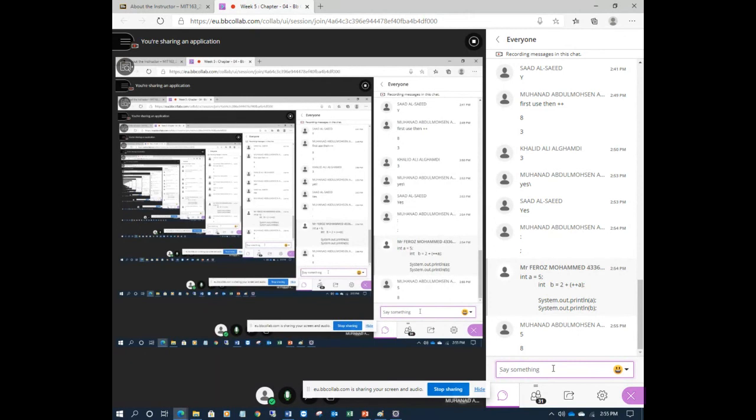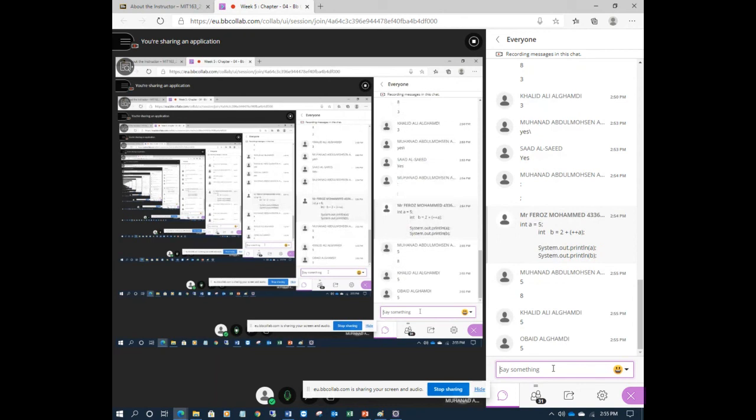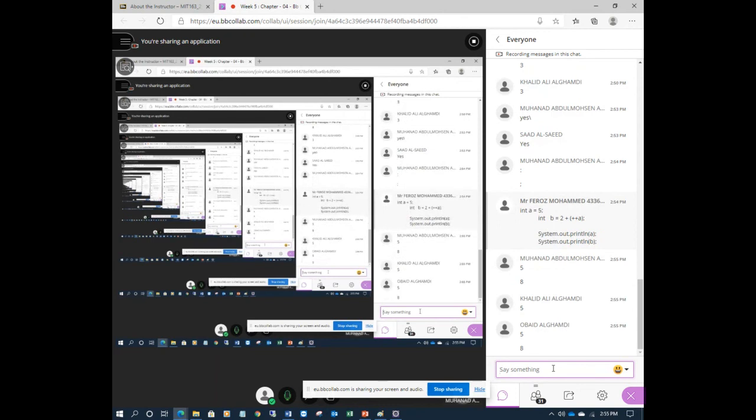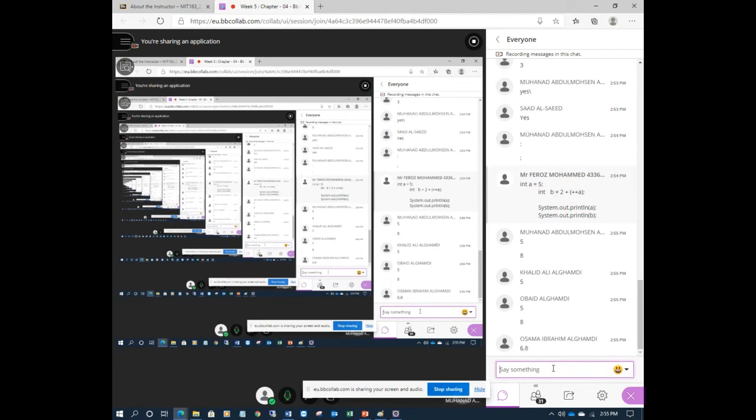This is an example for your lab work and quiz. I'll just print what is the output of this program. You have to be very careful. You have two outputs, so you have two answers. One is printing a, one is printing b. Don't give one answer, give two answers. Giving one answer means you did not understand the program. Answering two, you have understood the program, but maybe right or wrong. No problem. 6 comma 8 or something.